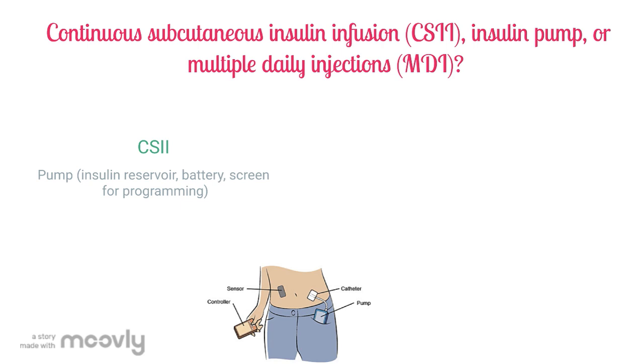Bolus infusions initiated by the user may be given on top of the preset basal rate of insulin through your insulin infusion pump. The device has an insulin reservoir and infusion set of which a small cannula is inserted into your tummy, connecting you to your pump. Advances in devices now allow for real-time continuous glucose monitoring, discontinuing the need of self-monitoring through fingertip pricks and blood